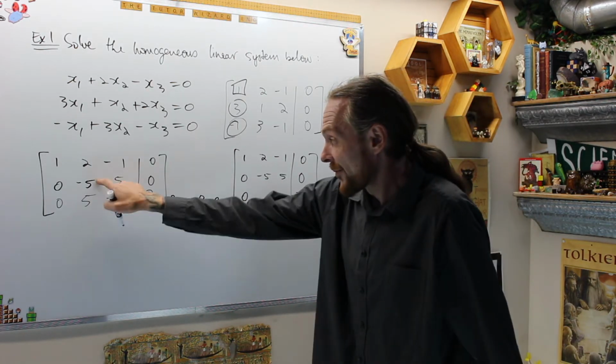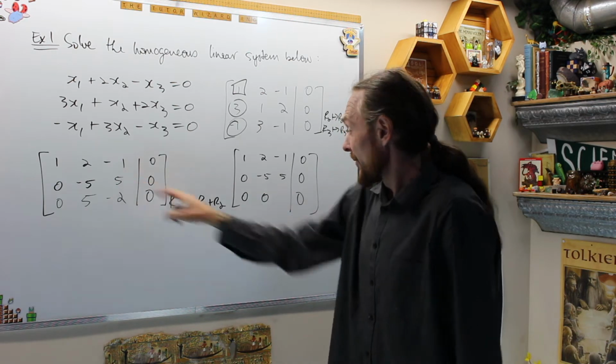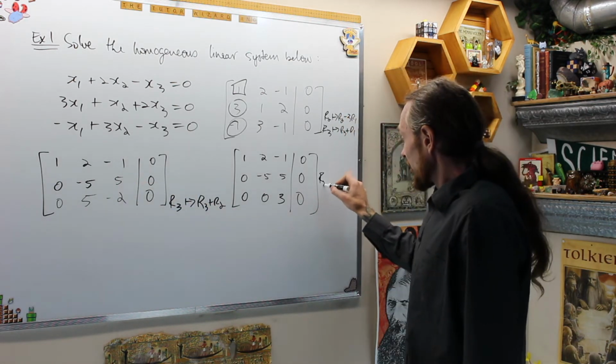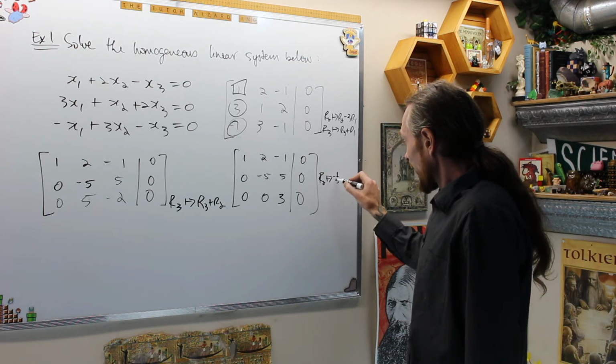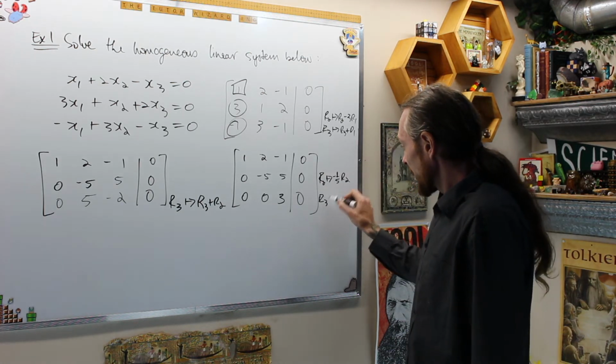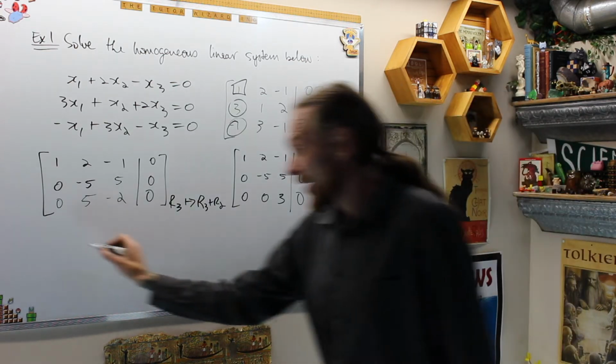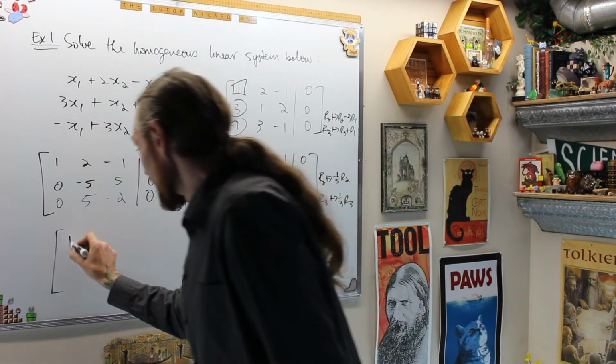This is going to go 5 plus negative 5 is 0. Negative 2 plus 5 is 3. And then what I'm going to do is row 2 is going to go to negative 1 over 5 row 2, and row 3 is going to go to 1/3 row 3. I am doing those two in the same one, and then we get a nice REF, which is 1, 2,